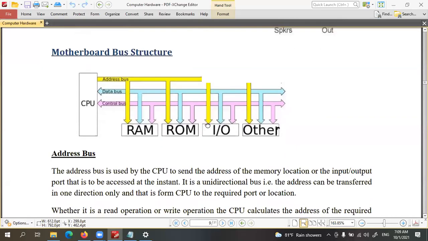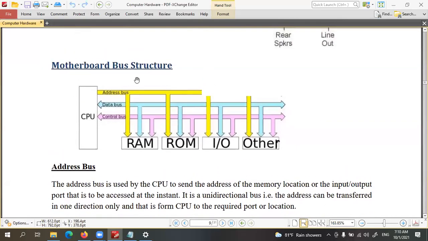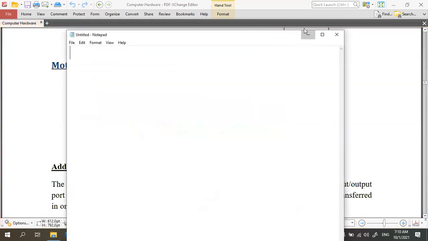Okay, now everyone, in the motherboard there is another important thing called buses. You can see the address bus, data bus, and control bus. These are also used to communicate from one device to another inside the computer. For example, consider communication between the CPU and RAM.